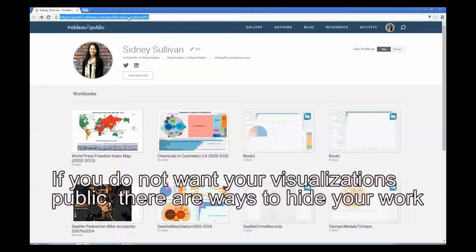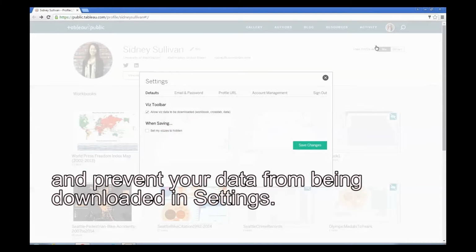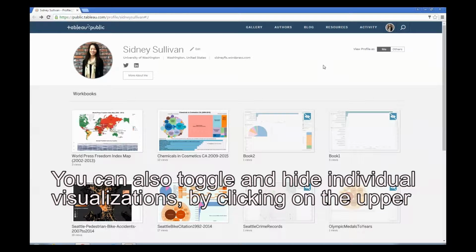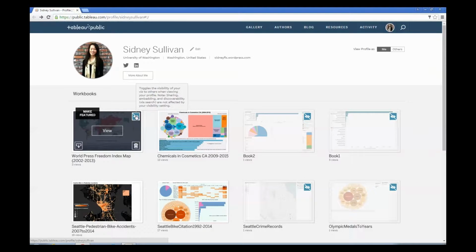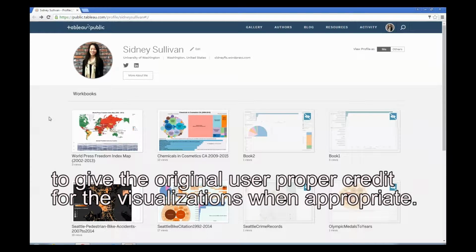If you do not want your visualizations public, there are ways to hide your work and prevent your data from being downloaded in Settings. You can also toggle and hide individual visualizations by clicking on the upper right-hand corner of your visualizations. Additionally, in order to avoid copyright infringement complaints, it is important to give the original user proper credit for their